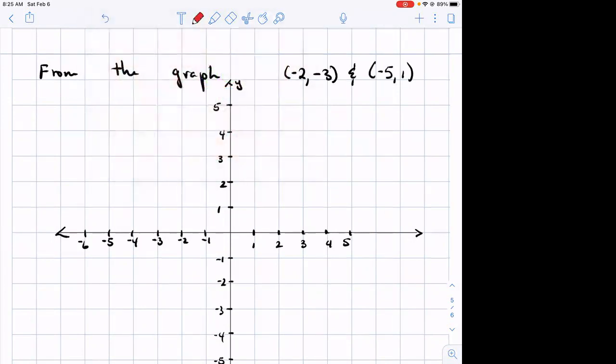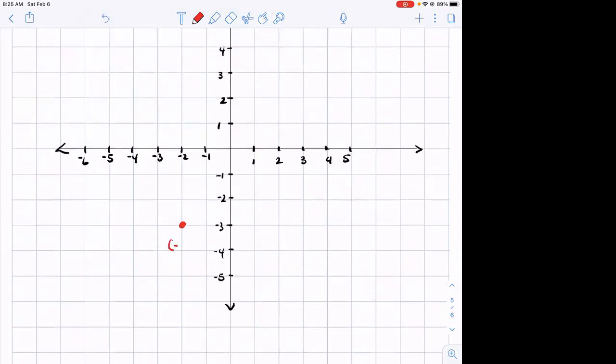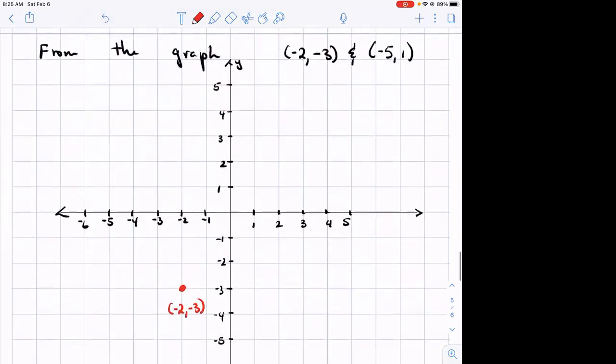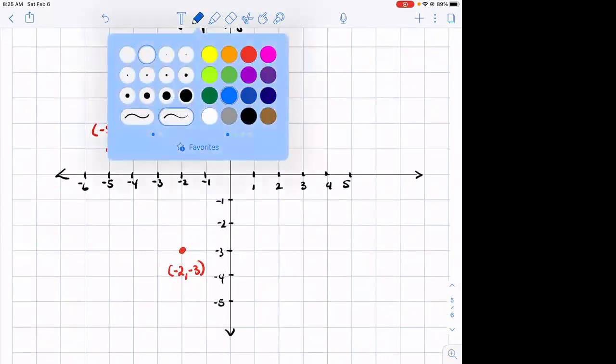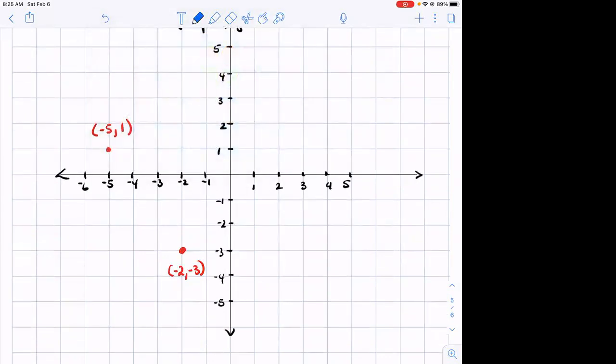So -2, -3 will be this point here, and -5, comma 1 will be here. And if I connect a line passing through those 2 points,